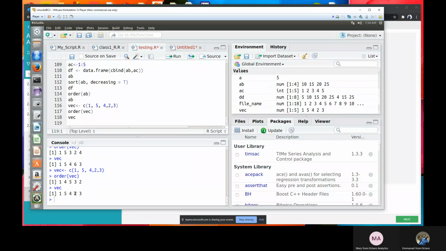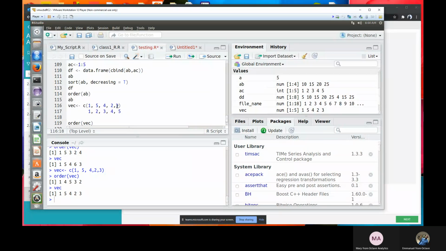It's still not making sense. So let me have a feel of that. If I should arrange this in 1, 2, 3, 4, 5. So 1, 2, okay. I think I'm getting to understand now.